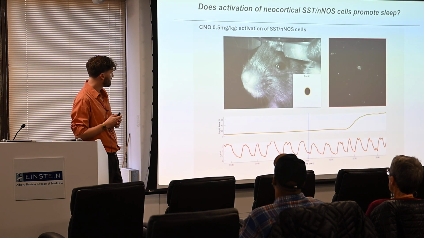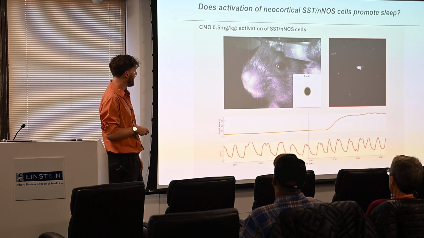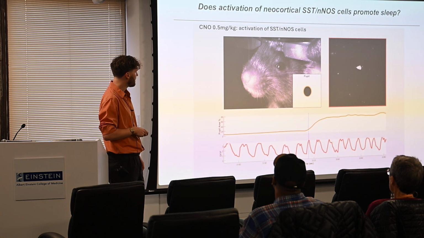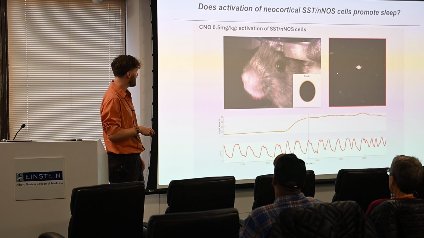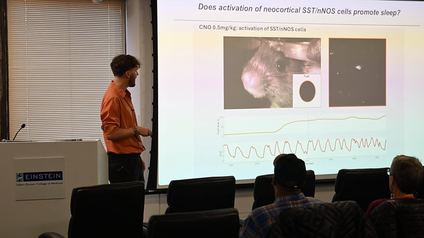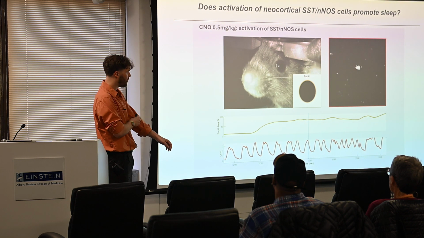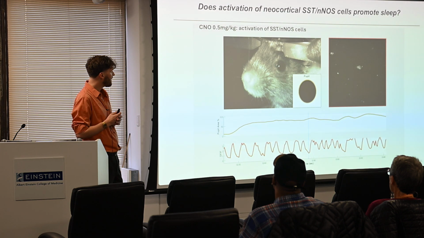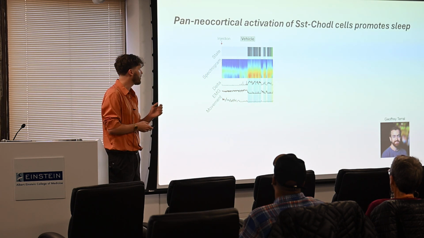So we first started by validating this tool, and Joffrey put this mouse that's expressing DREADD receptors in the somatostatin cortical cells on the 2-photon microscope, injected it with this drug, and found that even in these periods of high arousal with really, really dilated pupil, the somatostatin cortical cells are still quite active, suggesting that we're able to activate them. And we next wanted to ask what happens to state as we activate these cells across the